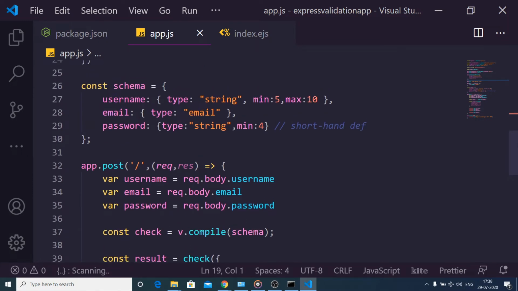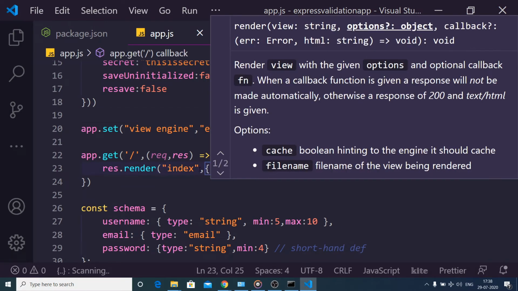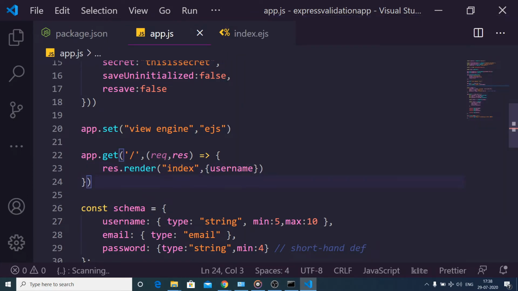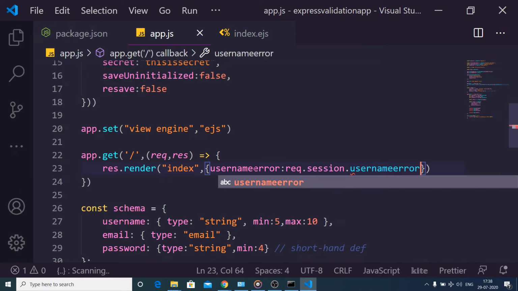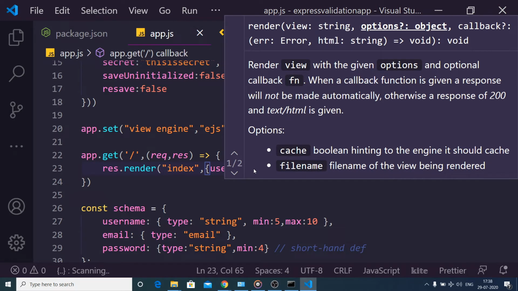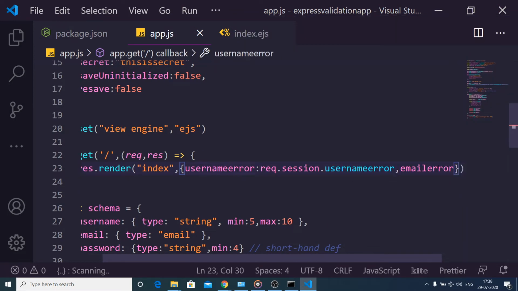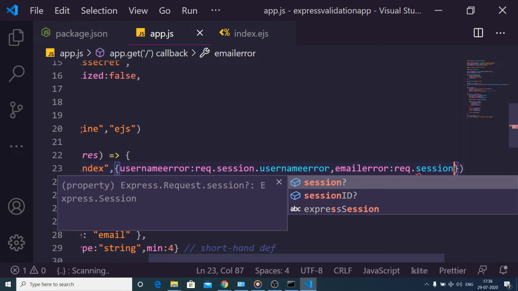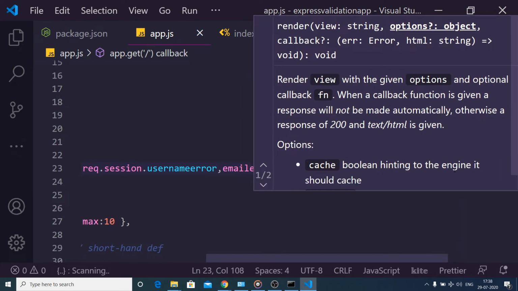So when we are loading the home page, we can pass these values. First is the username error. We can initialize it to usernameError, which will be equal to request.session.usernameError, and the same goes for the email error. Let me show you emailError. This will be equal to request.session.emailError, and the same goes for password error.